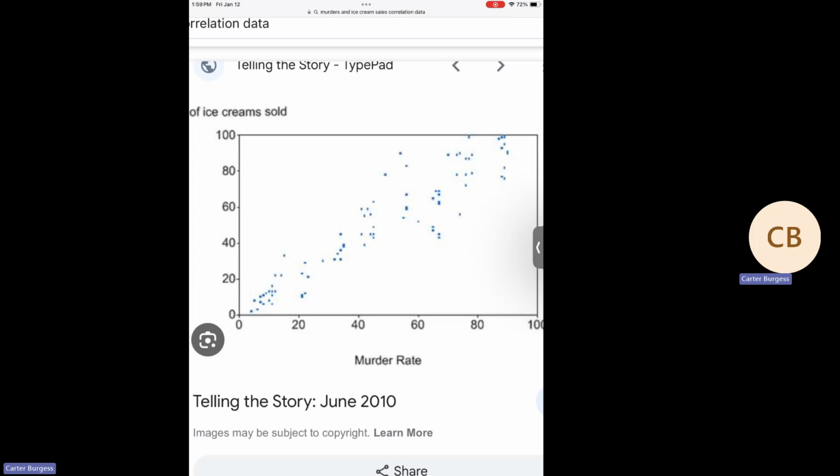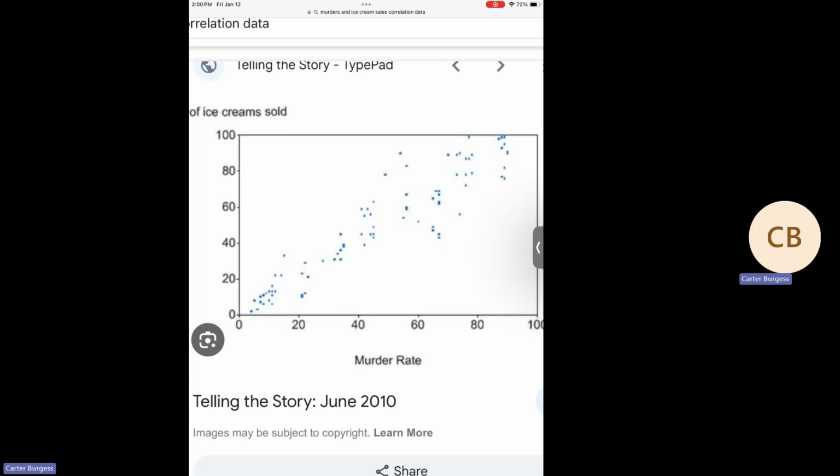The first thing I want to mention is the reason I pick an example like this that is so extreme. It doesn't necessarily make sense for these two variables to be so directly related. It probably isn't that the ice cream sales are having a direct impact on the murder rate, or that the murder rate is having a direct impact on the ice cream sales. I would expect that to be fairly unlikely. Certainly possible, I am not going to deny that. But pretty clearly something else is probably going on here.